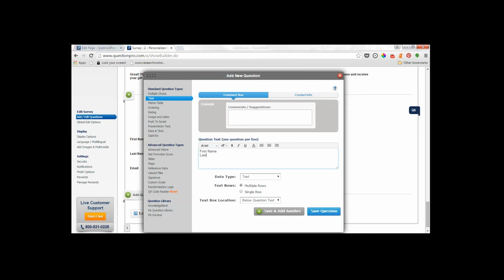So for example, if I create first name, last name, and email address, then I can have that information pipe in, and each of these will be a separate line, just as you saw in our example. All right, so we've done that, and now what we're going to do